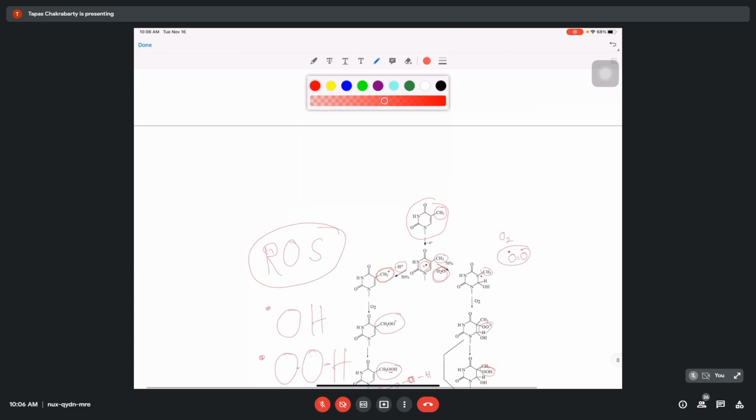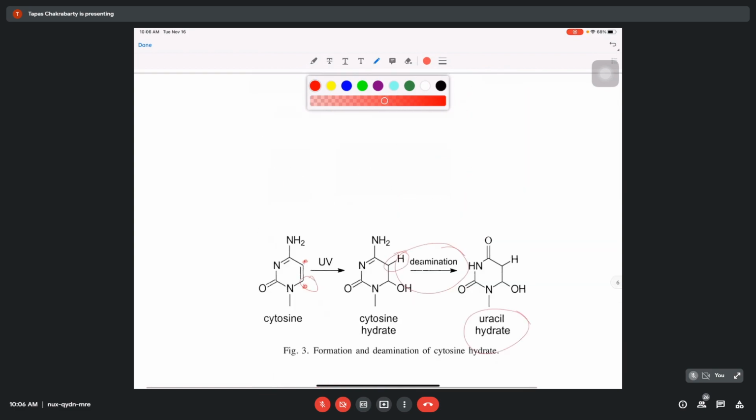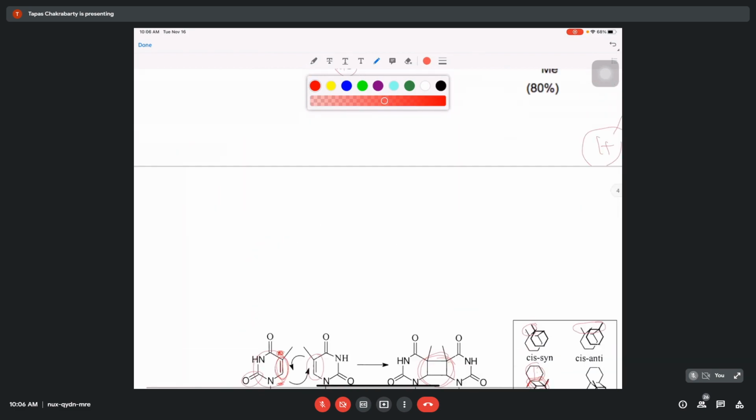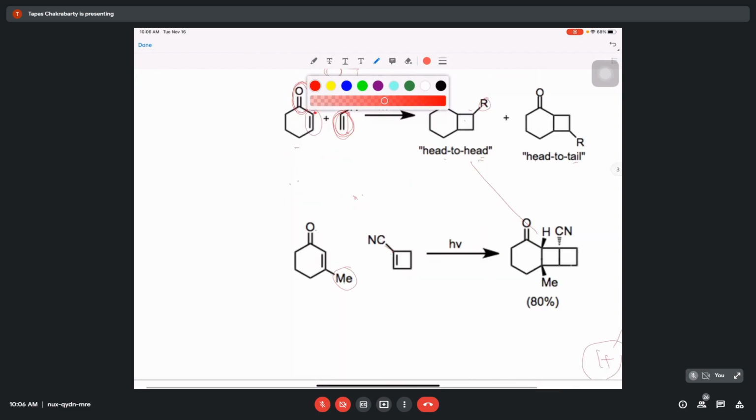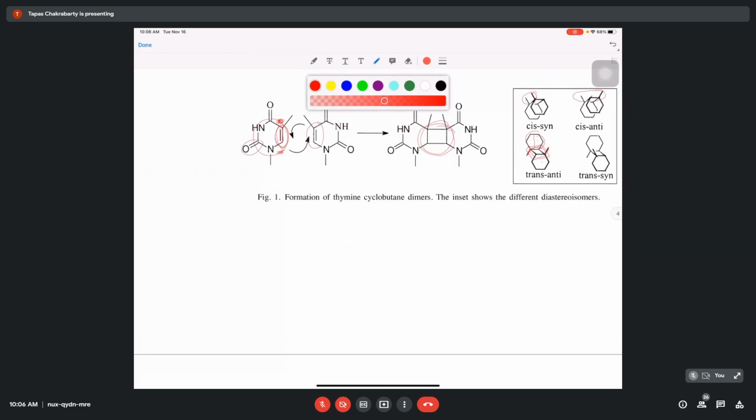Okay, I think this is all that I wanted to tell you, what the origin of these photochemical reactions is. Now, it is not only the thymine molecule that is the reactive species. For adenine and guanine, photochemical reactions have also been studied, but as I just told you, those are photochemically less reactive molecules. Okay, if you shine light on the side chains of proteins, after prolonged exposure, some kind of photochemical reaction can also happen.